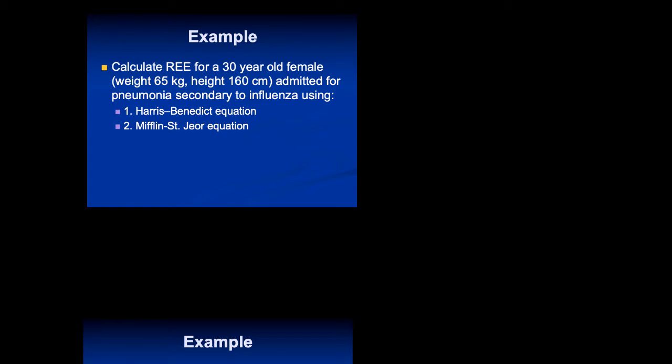Okay, so we're going to calculate the resting energy expenditure for a 30-year-old female, weight 65 kilograms, height 160 centimeters, admitted for pneumonia secondary to influenza, using number 1, the Harris-Benedict equation, and number 2, the Mifflin-St. Jeor equation. So, using the Harris-Benedict equation, number 1, according to the Harris-Benedict equation, the resting energy expenditure for a